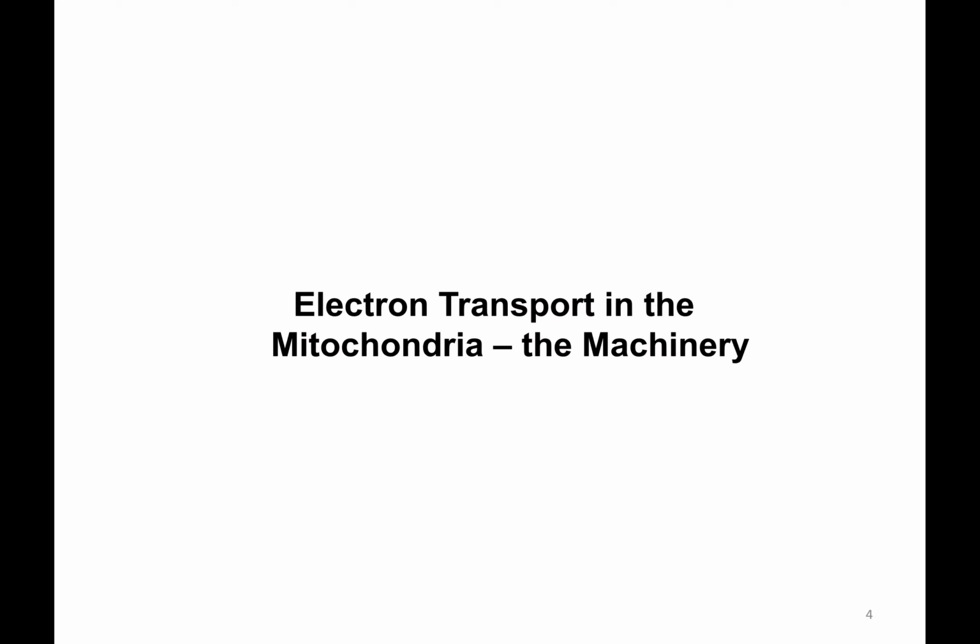Okay, that now moves us on to the new topic for this week, and that's the electron transport chain. Today, we're going to focus on the machinery, thinking about how this whole process happens, right? So how we take electrons stored in our 2 electron carriers, NADH and FADH2, and how we use those electrons to drive the synthesis of ATP. Okay, so today we're going to think about the machinery, and then on Thursday we're going to think about the energy aspect of it, right?